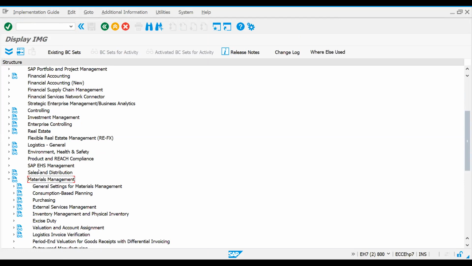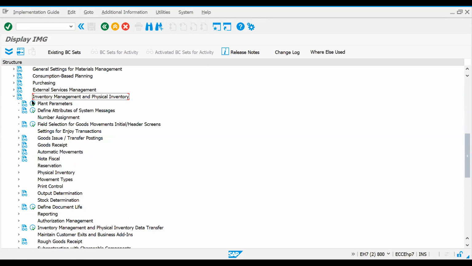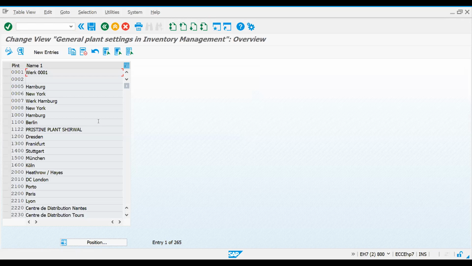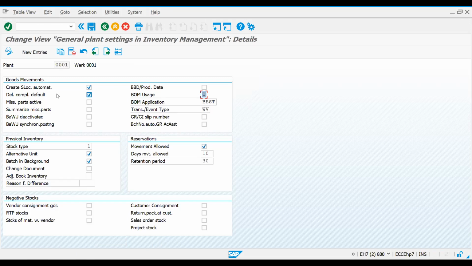Go to Inventory Management and Physical Inventory. If you see Plant Parameters, execute it. In standard, this is the definition. If you select this one, it will create the storage location automatically.